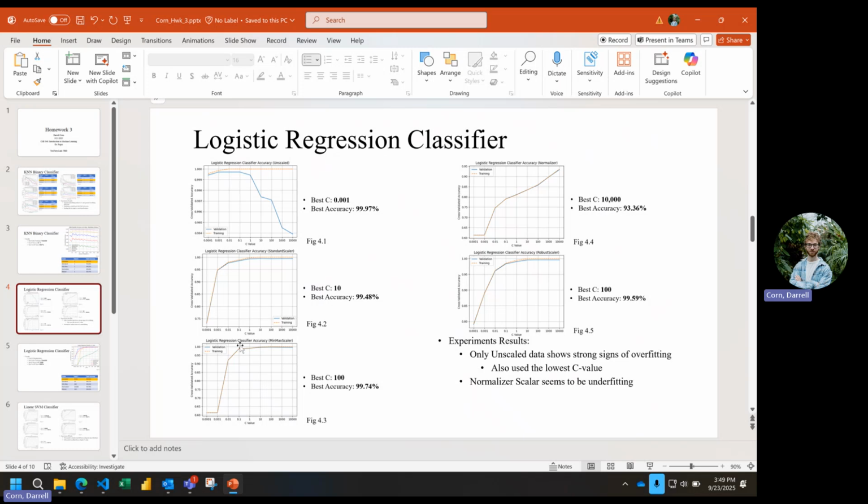Okay, on to logistic regression. Same deal here. We have 5 graphs for the 5 different scaling techniques. And again, we see that the unscaled data gives us our best results, which is really interesting. Also, it was the only one that we see signs of underfitting, as we can see in the steep drop-off here in figure 4.1,